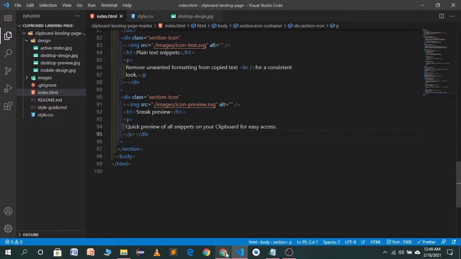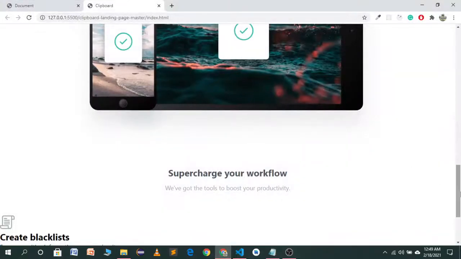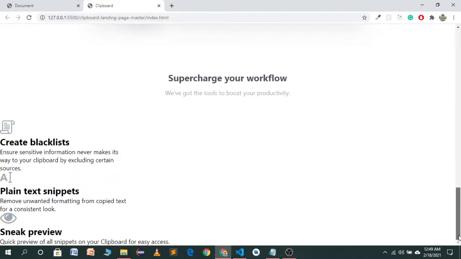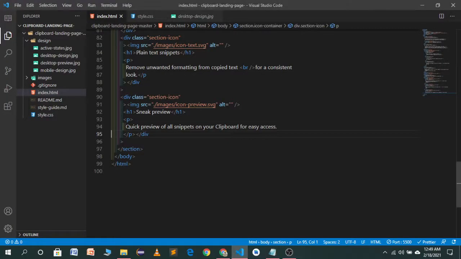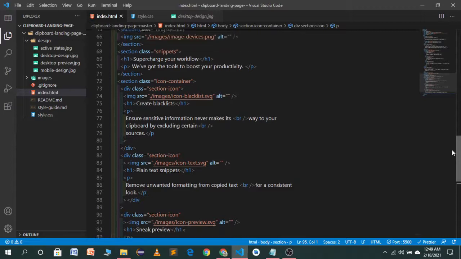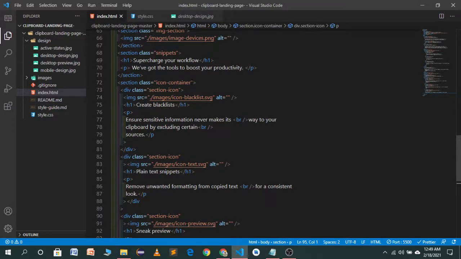Now I will save this, and as you will see, it has aligned vertically, but we want it in horizontal direction. Now I will target this icon container. You can name it as you want.